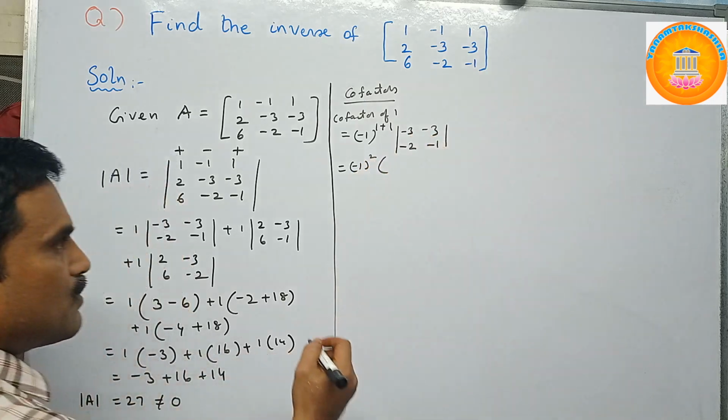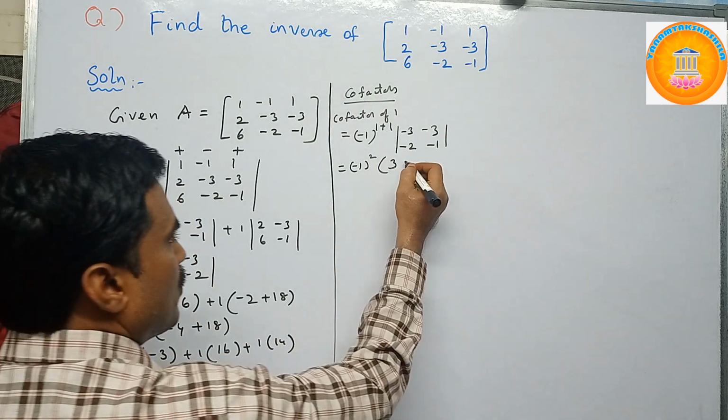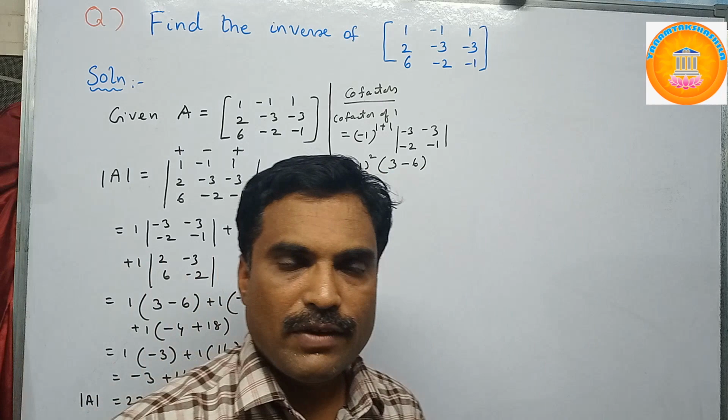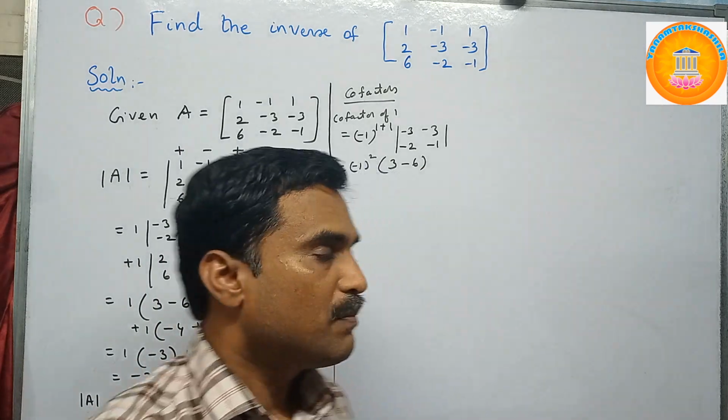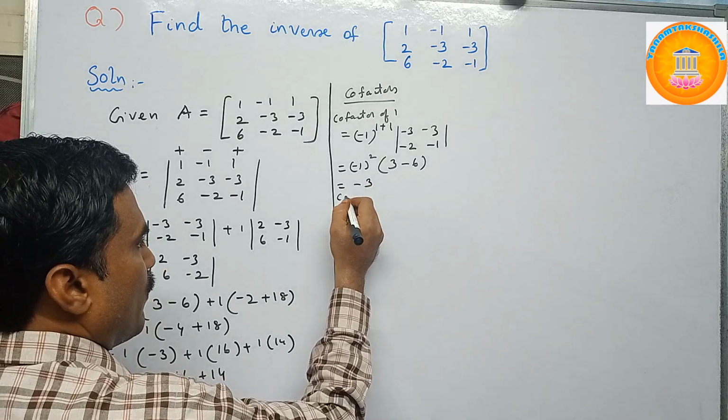Now minus 3 into minus 1, that is plus 3. Now minus 2 into minus 3, plus 6, so it will be minus 6. Now minus 1 power 2 means, since 2 is an even number, minus 1 power 2 is plus 1. So 1 into 3 minus 6 will get minus 3. Then cofactor of,